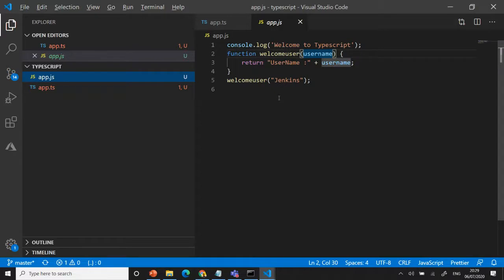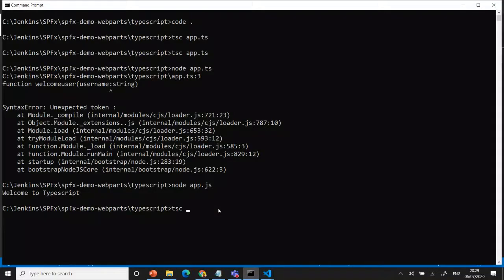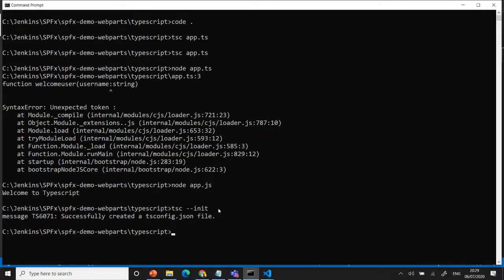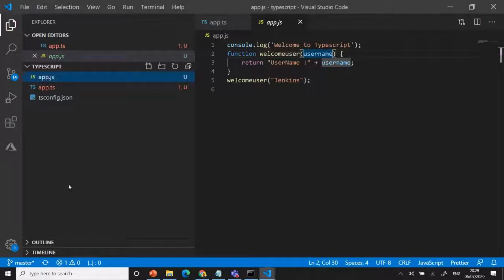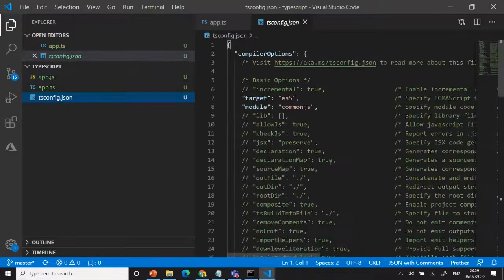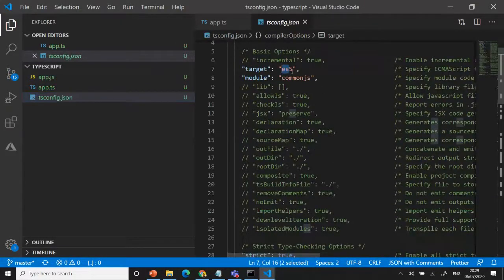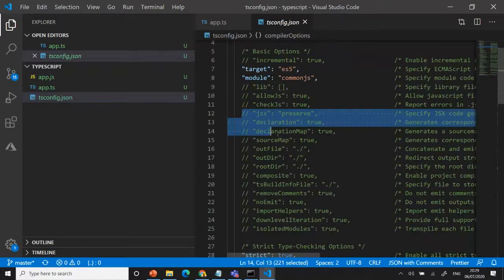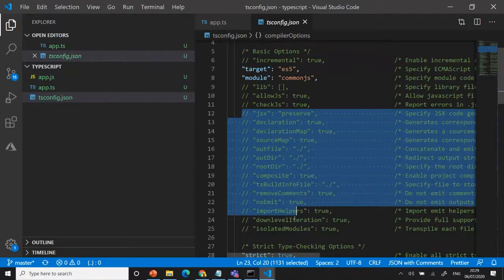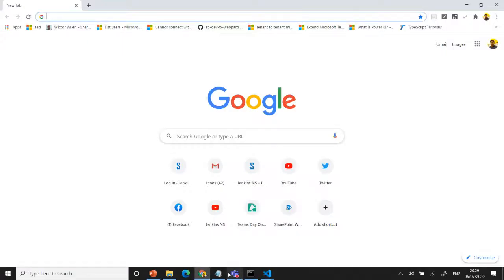What I do is normally I run tsc hyphen init. It's successfully created. You can see that tsconfig. Here you can decide which one you want, ES5 or ES8, which folder you want. This is the standard. I'll show you in our SharePoint Framework. Okay, now you understand how TypeScript is managing all the things. The other part is you need to know about all the TypeScript methods. You have a compiling part.